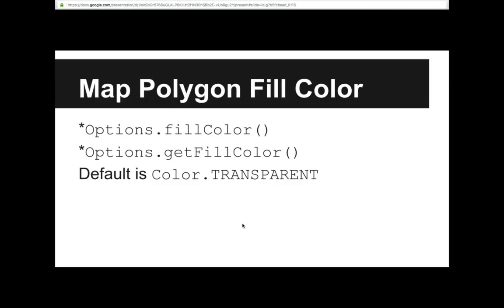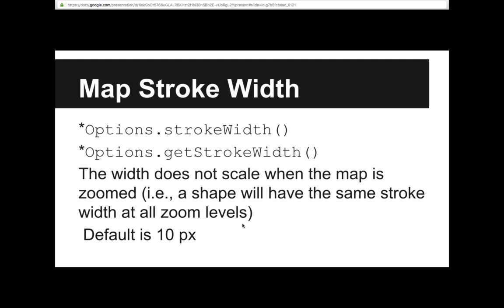So that just means obviously you don't see any fill color, but if you set it to red, you set the alpha on that to, let's say, 10% opacity, then you get this nice red tint to your fill color. We also have the stroke width. So the stroke, when I draw these paths along, let's say Ada County, I can make that 10 pixels, 5